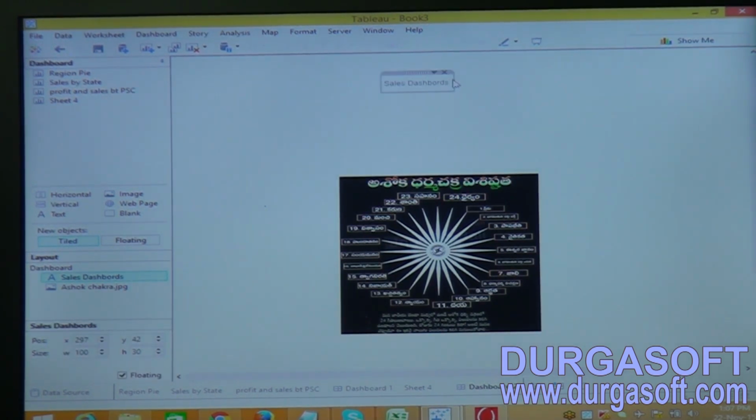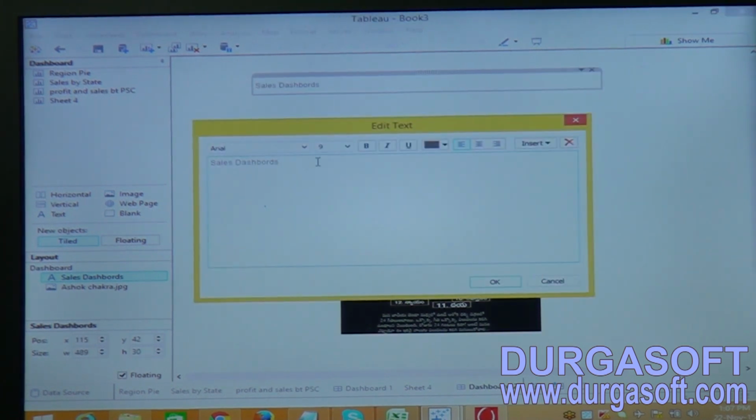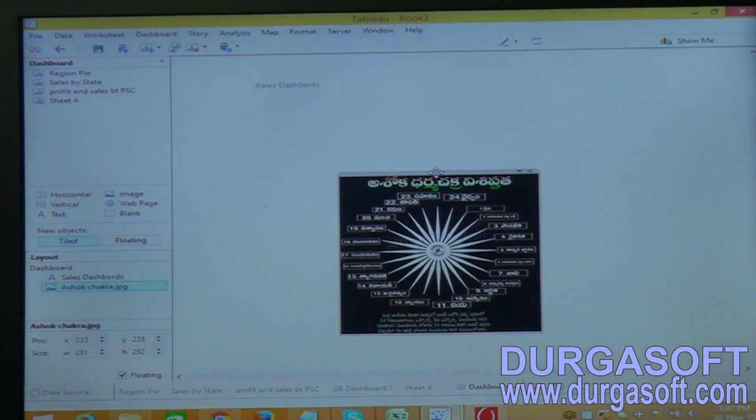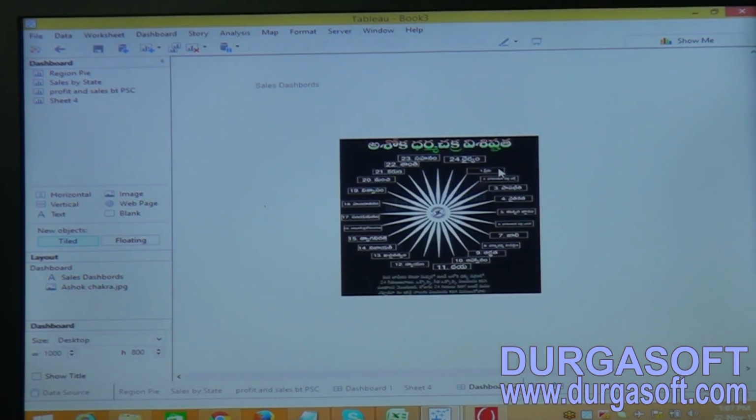You can enter the sales, otherwise you can also enter your own values like a detailed description about your reports. Not only the name or title of the dashboard, you can also describe your information about the sheets. Okay, this is about dashboards.